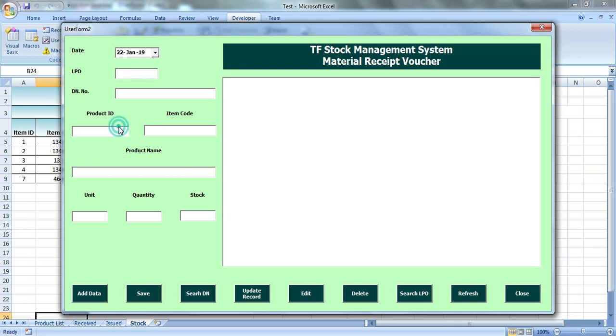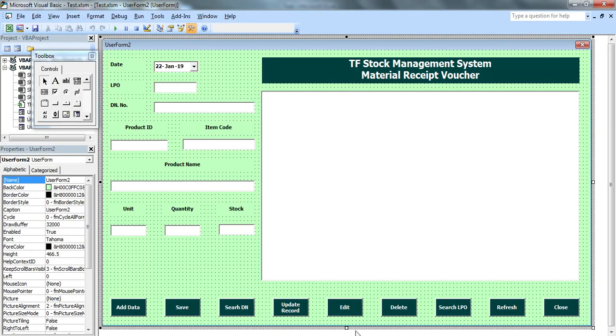So for that, I found a solution: when we double click this text box, there should be one window where I can find my required product ID, and when I select any product ID, it shows in these text boxes. So for that, what I will do is,